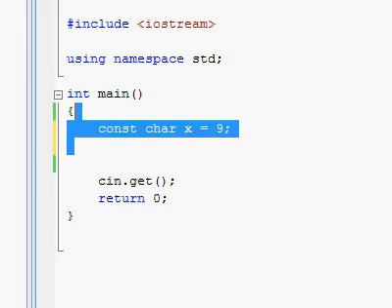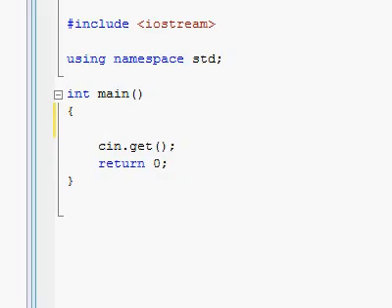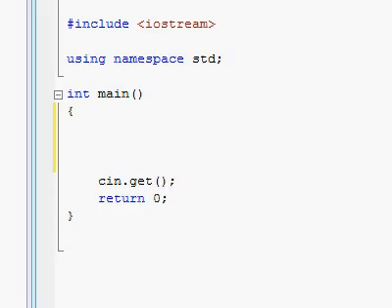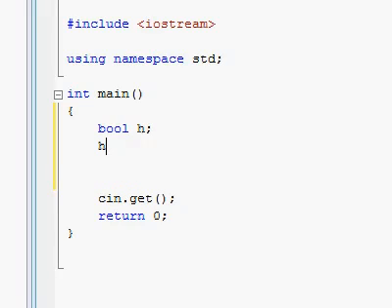Next up, let's learn about a new type of variable you can use in your program. This is the bool variable, which stands for the word boolean. And here, let's give it a name for this one. It's a very weird variable type because an integer could have 1 and 2 and 3 and 4 and 0 and a whole bunch of stuff, but the only thing you can put in a boolean variable is either true